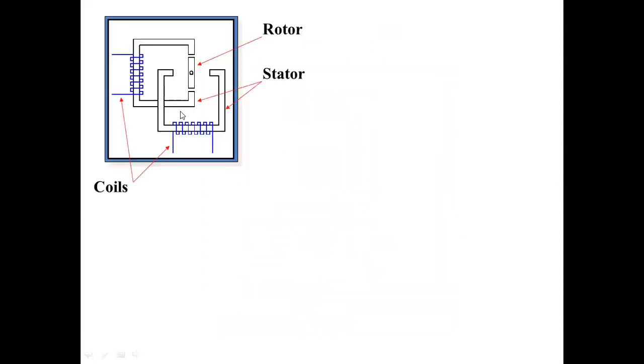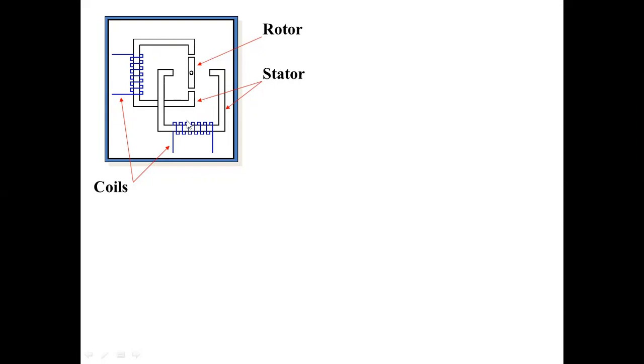If you observe here, we are using two coils, these are the two electromagnets. Two coils are placed, the first coil and the second coil. The first coil is given the supply, and the second coil is also given the supply. Here this is the rotor. Suppose you give the supply with positive and negative, then this electromagnet is energized. Therefore, the magnetic flux is aligned in this same direction.